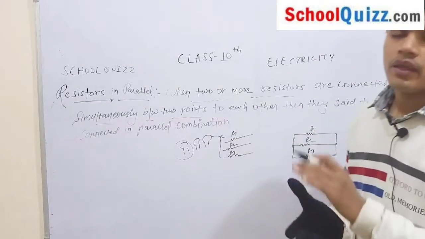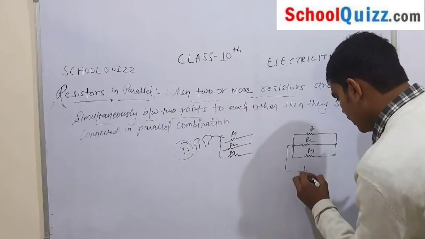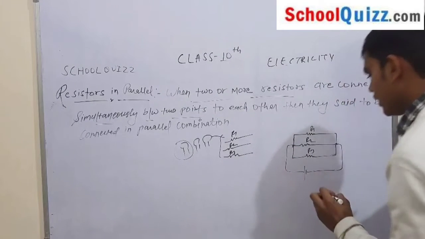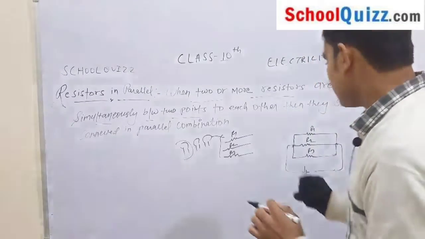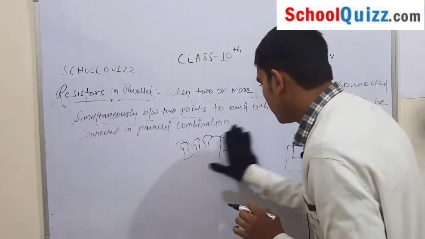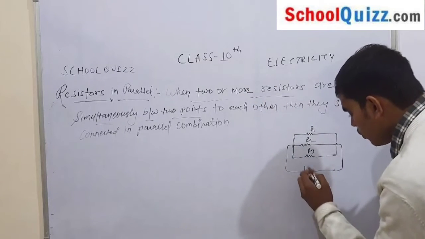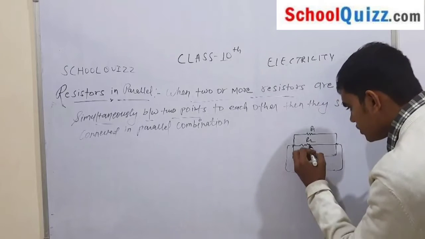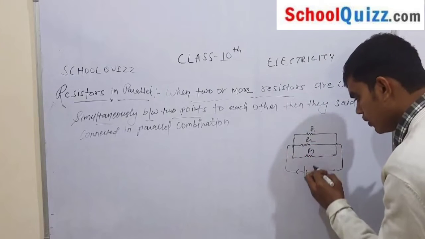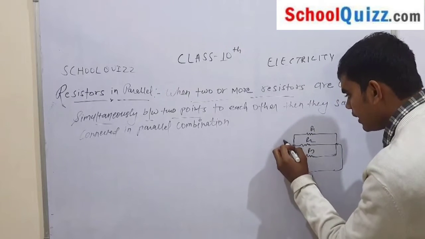Now what we are going to do? We are going to complete this circuit, that is, connect a battery and then check the value of current and potential in this circuit. Now this is a battery of V volt. This battery gives energy to the resistances R1, R2 and R3. Suppose current I is flowing in this circuit.